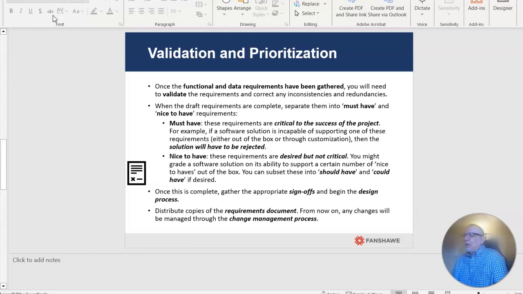prioritizing our requirements. Must-haves, those are critical to the success of the project. The nice-to-haves, these are desired but not critical. And then you could have a subset, which is the should-haves and could-haves if desired. As well, you typically will put all of this in a thorough document called a BRD, a Business Requirements Document,